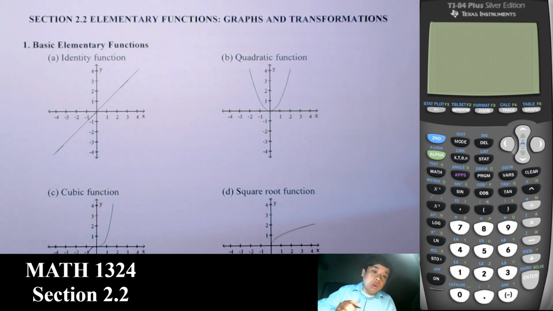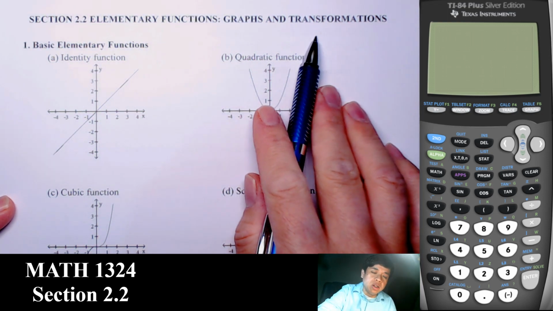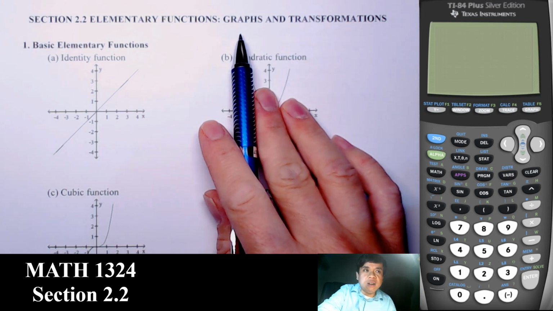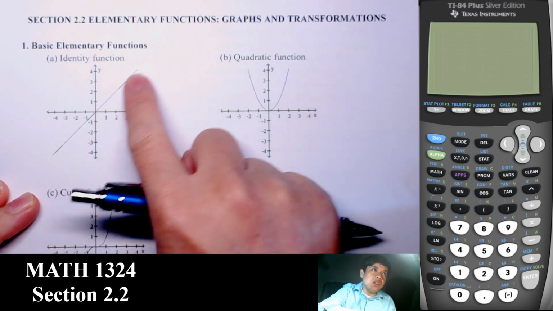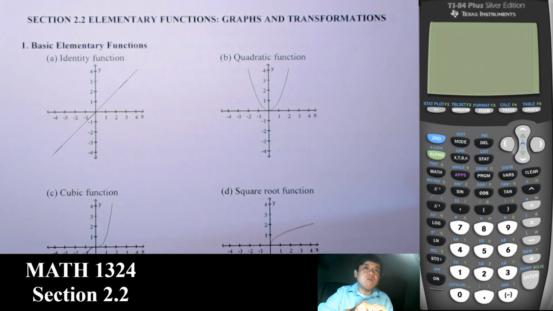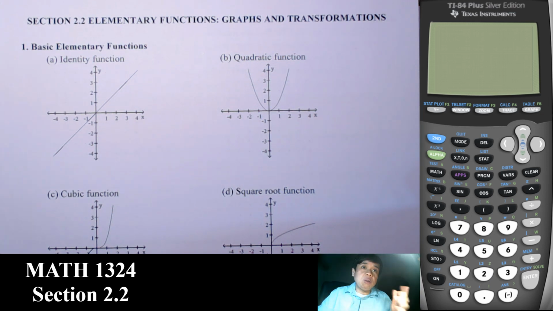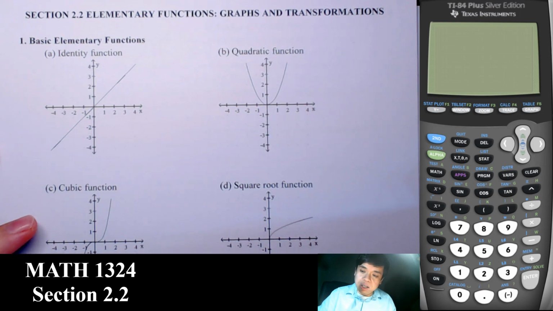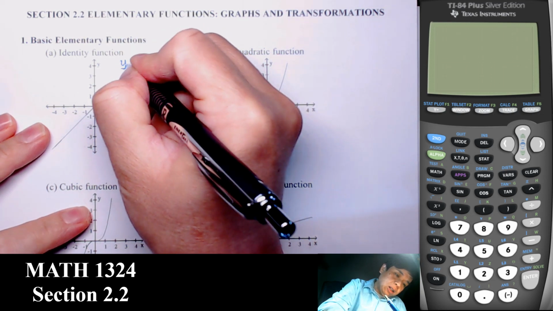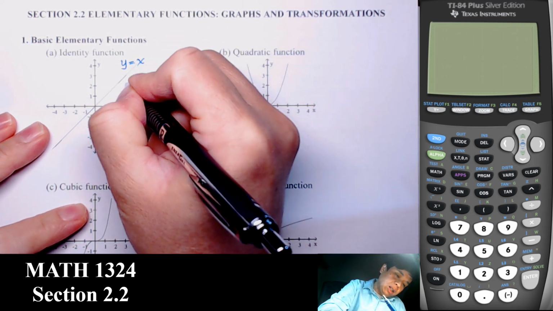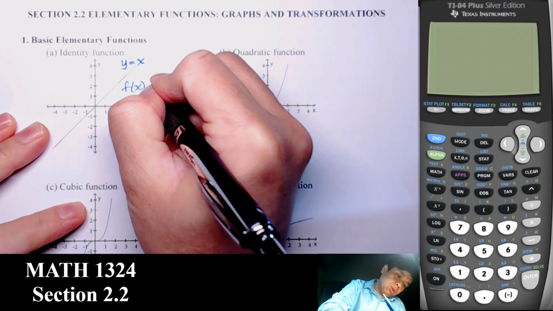In this section we focus more on the transformation and not actually how to graph. For the transformation, we have some basic function and we will transform that somehow. So we need to know the basic functions so we're familiar with them, and then we can do other graphs later. The identity function is y equal to x, or f of x equal to x,